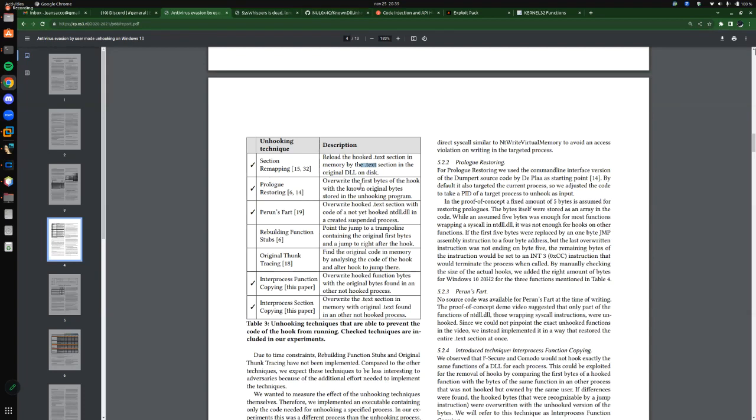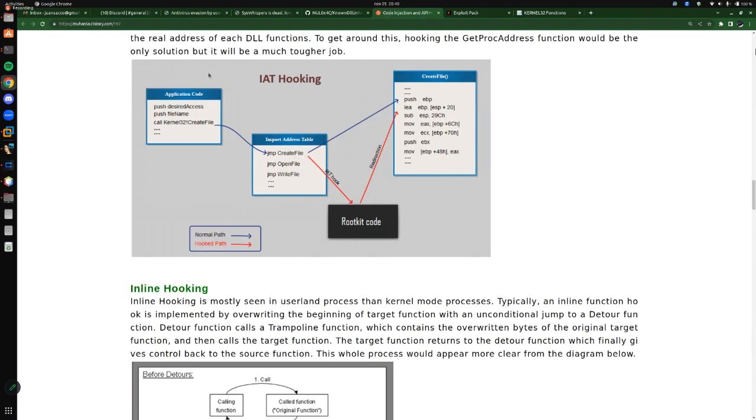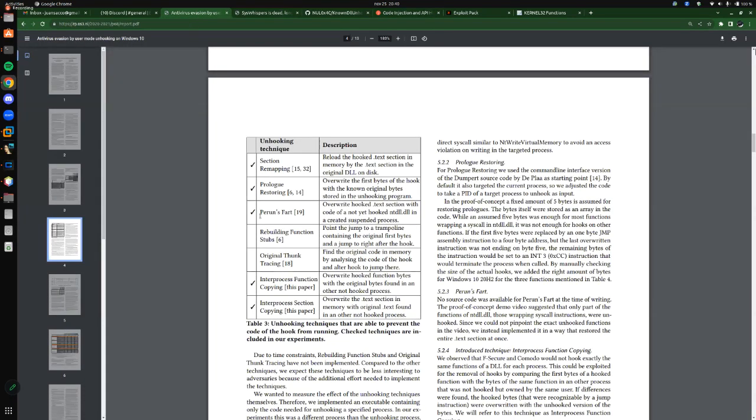Prologue restoring will be overriding the first bytes of the hook with the known original bytes stored in the unhooked program. So then it will replace those bytes. The Perun's Fart technique overrides the hooked text version with the code of a not yet hooked NTDLL, in a created suspended process. Basically, because the hooks are injected in real time, what you can do is